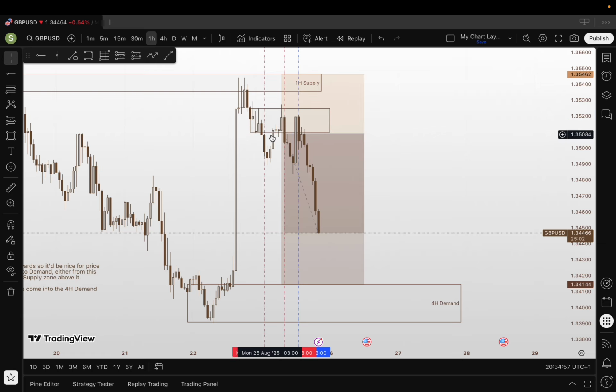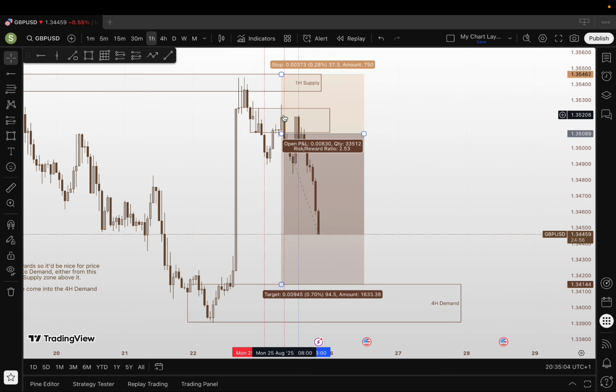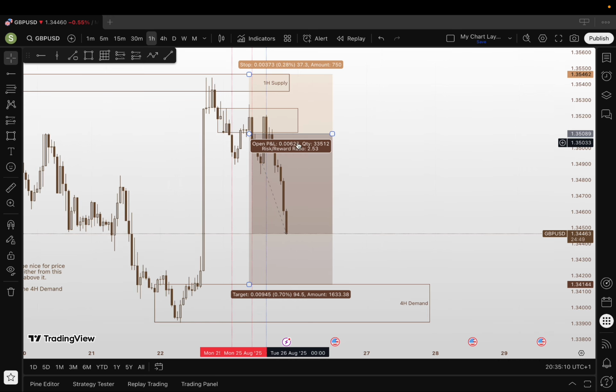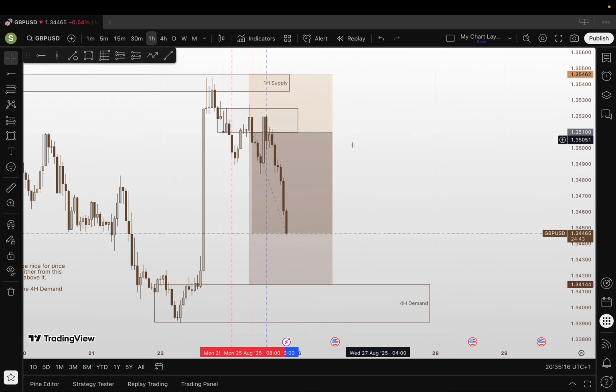After this breakup structure, because it broke this low, there's a fair value gap here, so this is the new 1 hour supply, and price went there without breaking above it. She just wicked it. So the entry would have been here, off this 1 hour supply, to target this forward